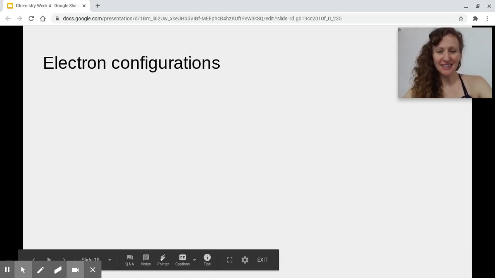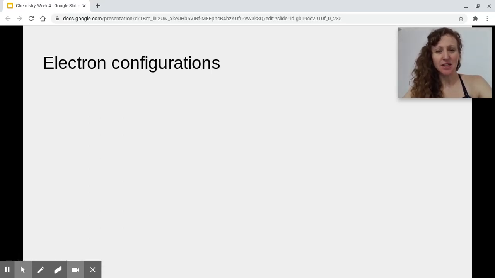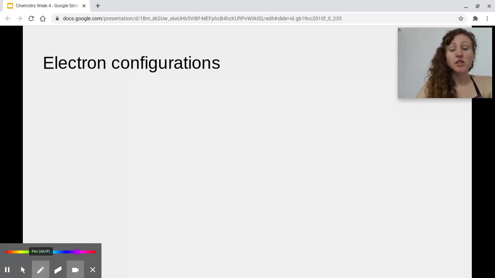Hi, chemistry. Last class we talked about writing a code that can describe where an electron exists. Today we're going to talk about how to make that code more functional. So just to recap,